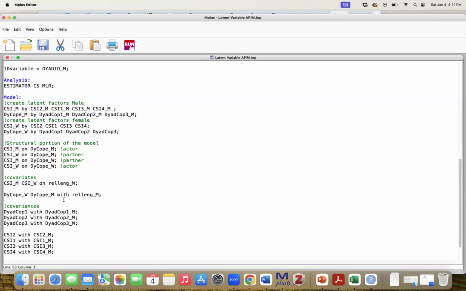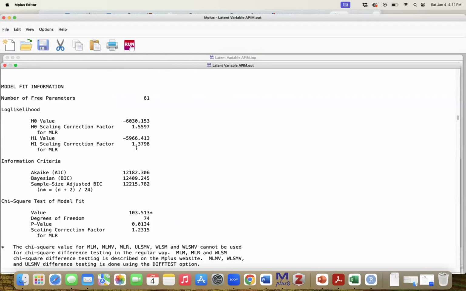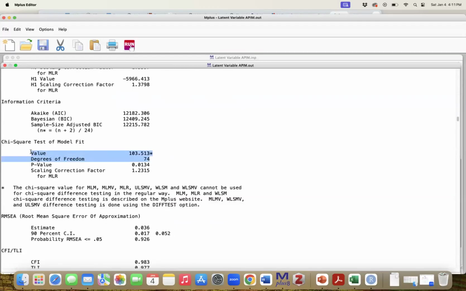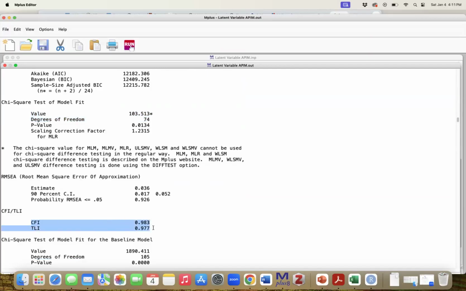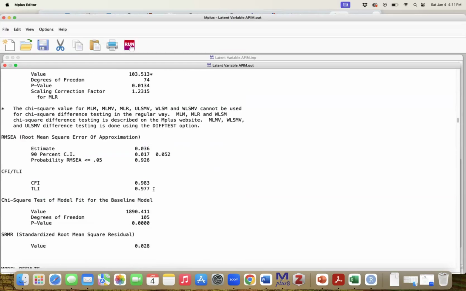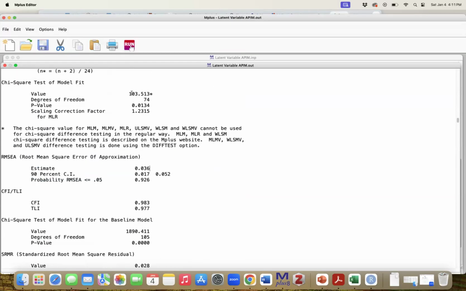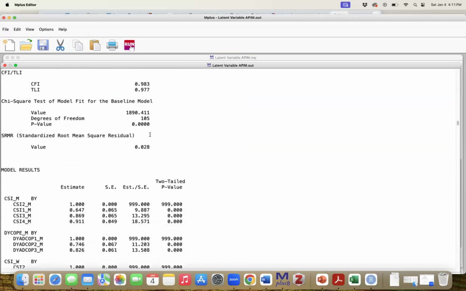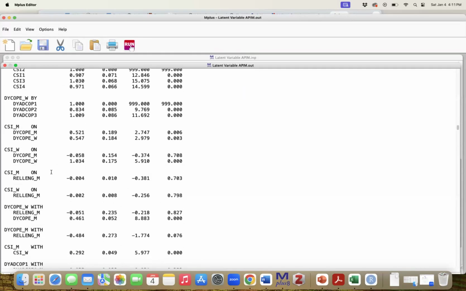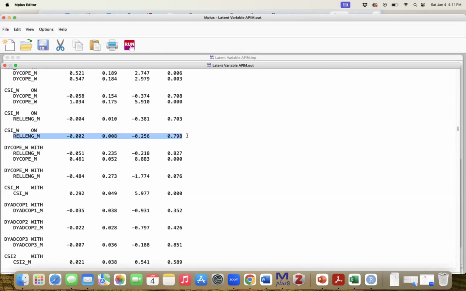All right, so again, I'm always a fan of typing in and coding everything that is going on with my model and making as few assumptions as possible. So we can save that and run that. Then we'll take a gander at model data fit. We'll take a look at CFI and TLI, look at RMSEA. So it's all still good. It looks like it inserted some error in the model. This went up, I'd say, somewhat substantially, which means that there is going to be an effect of relationship length